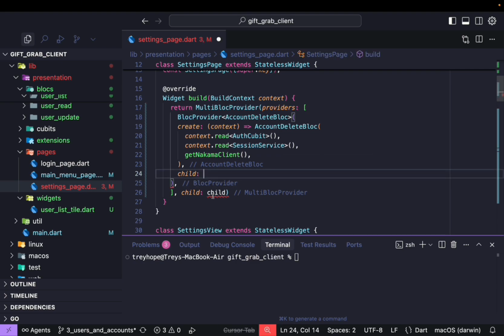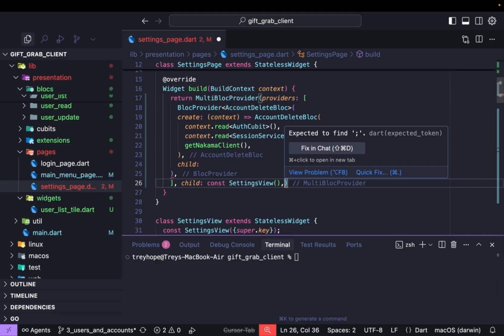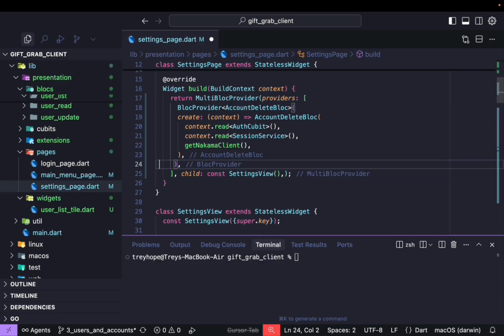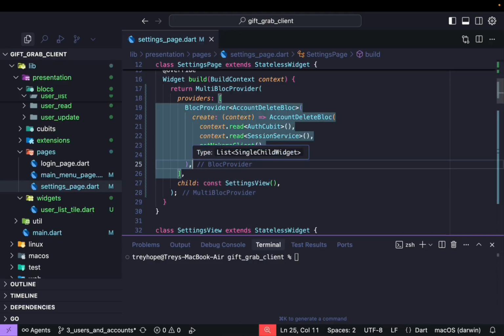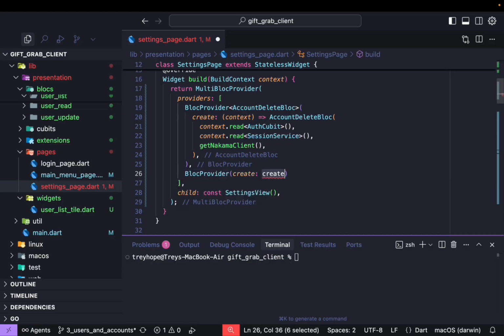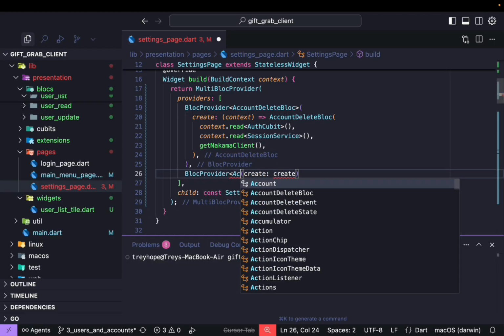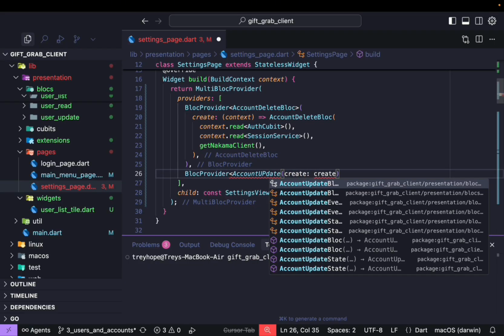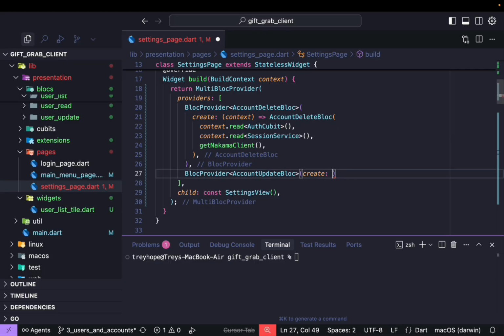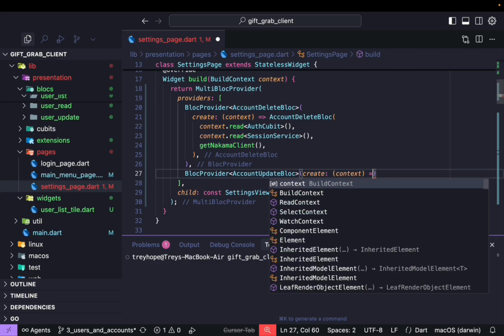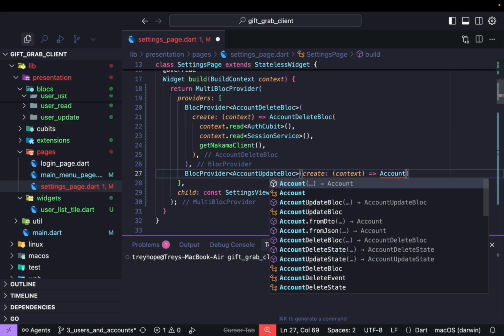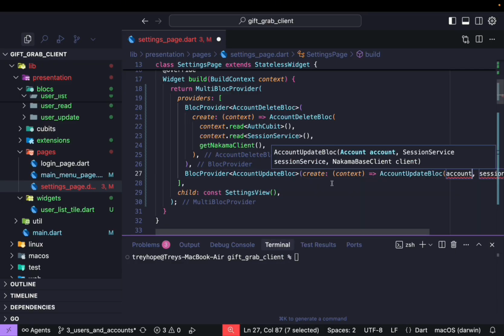And that child will just now be the settings view. All right. And now we're going to create another block provider for account update block. Account update block. And the reason we're doing that is because we already created an account update block on the